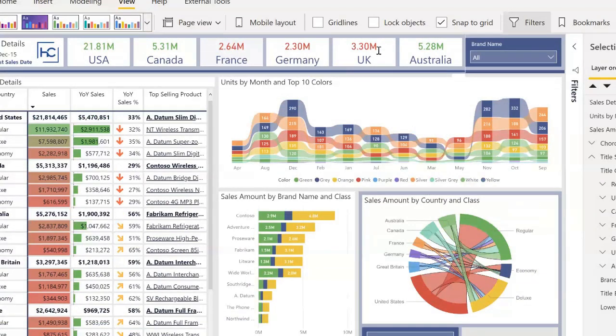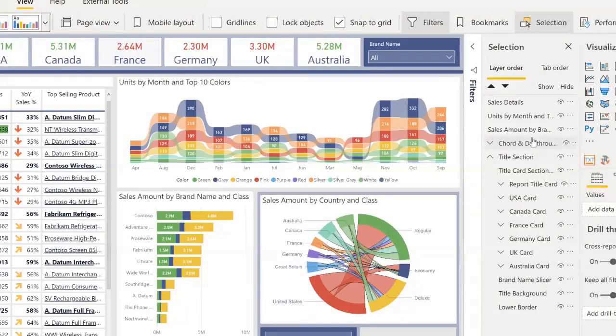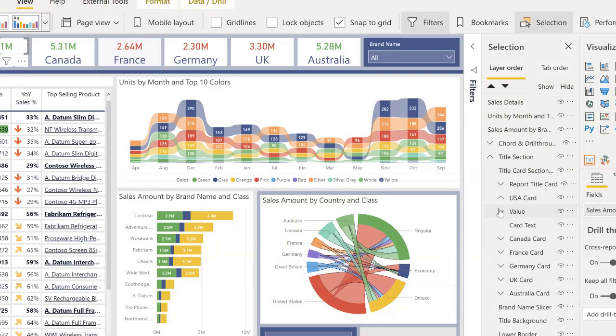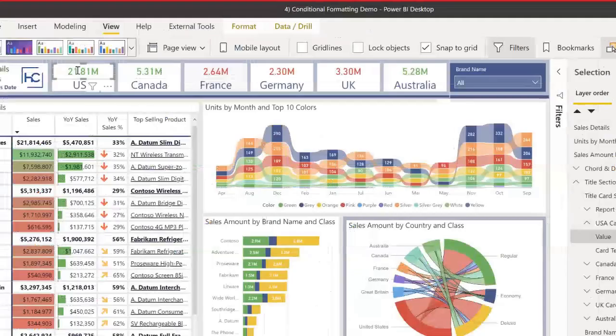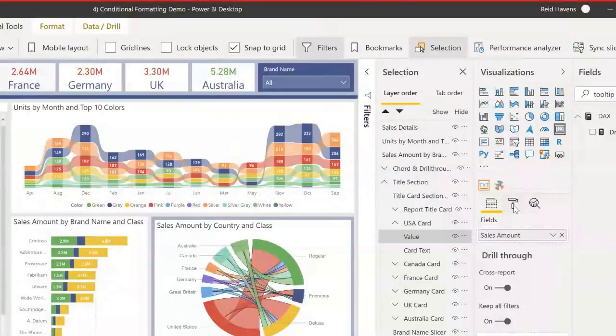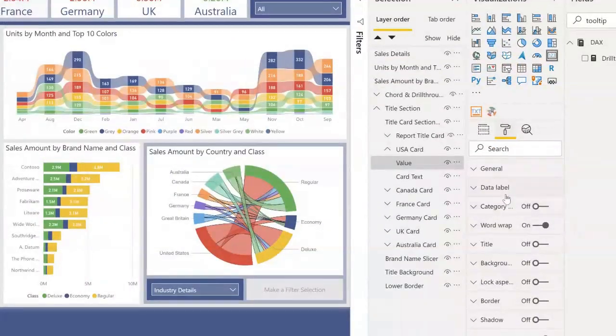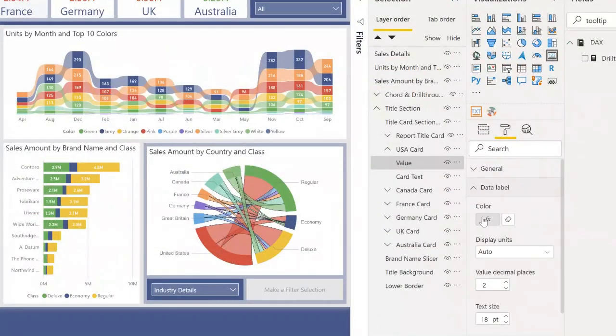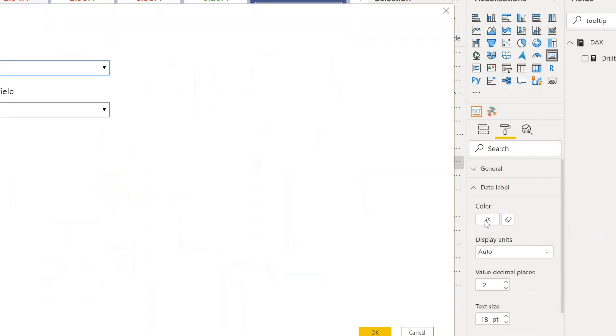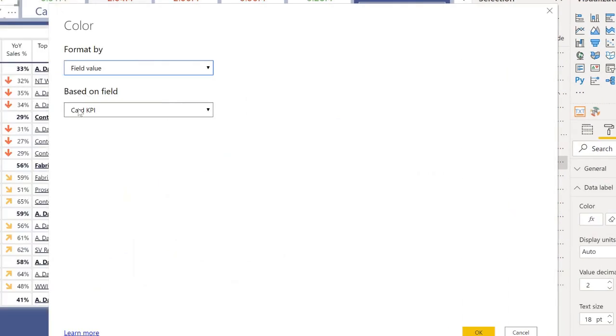You can see that these change color depending on some variable, something that I've created with DAX, as another example of measure-based formatting that can be applied to a color. So that's my USA card. That's the value in here. There's my little card at the top. And we can see in these settings that I have data label. I have the color with a measure being supplied to determine what color it should be. So that card KPI,